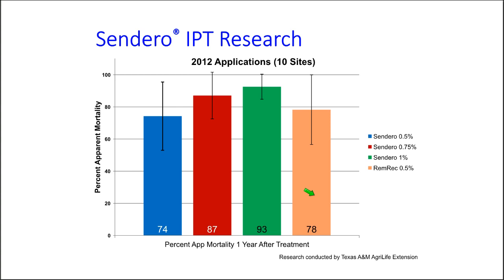And in terms of statistical difference, it's hard to separate these, but if we look at consistency, that bar right there is an error bar, and it shows you how much variation you have around that average. And so you see that that bar is smaller than the Remedy Reclaim bar. It's also smaller than these lower rates of